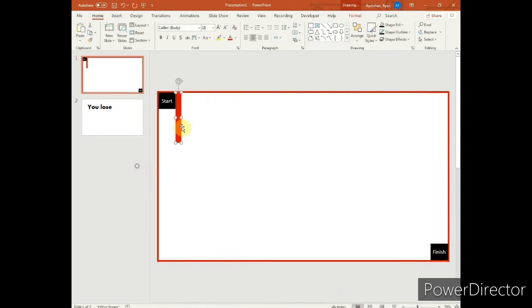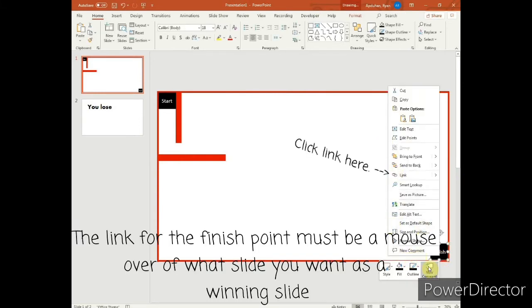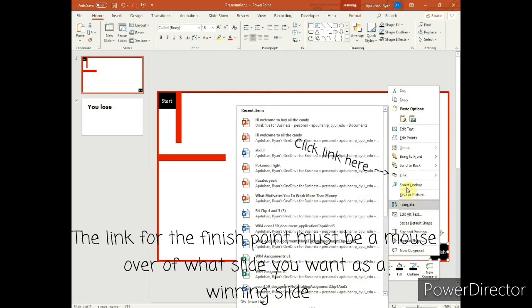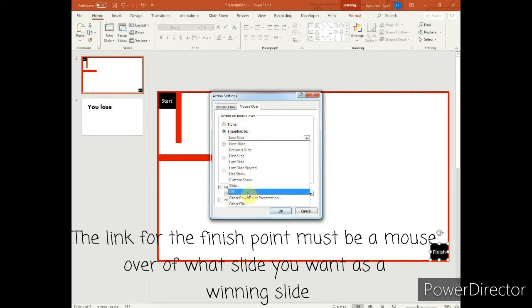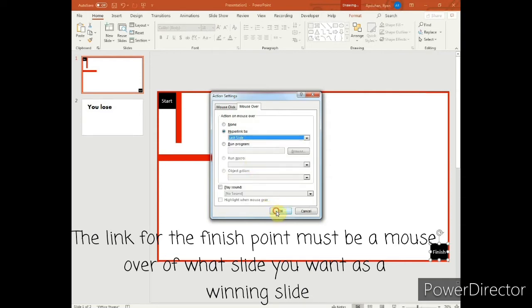After that, go create a few little touches to your maze to make it a little more interesting. Mine is not final, so it's more of a start. After that, go edit the length of the finishing line. You could change the link or insert the link. Your link for today will be either mouse click or mouse over. Either way, you should go click Hyperlink. Hyperlink always goes to other slides, the slide that you want, which is the